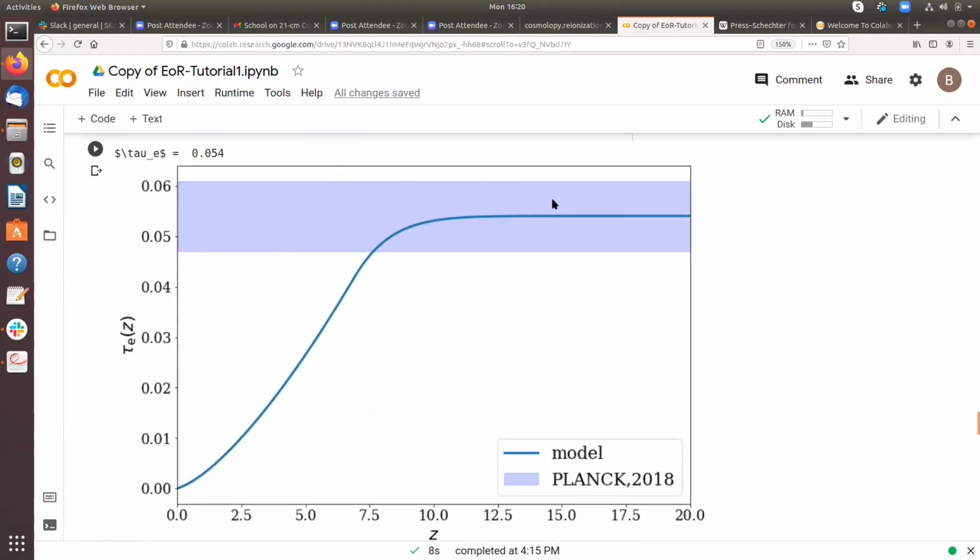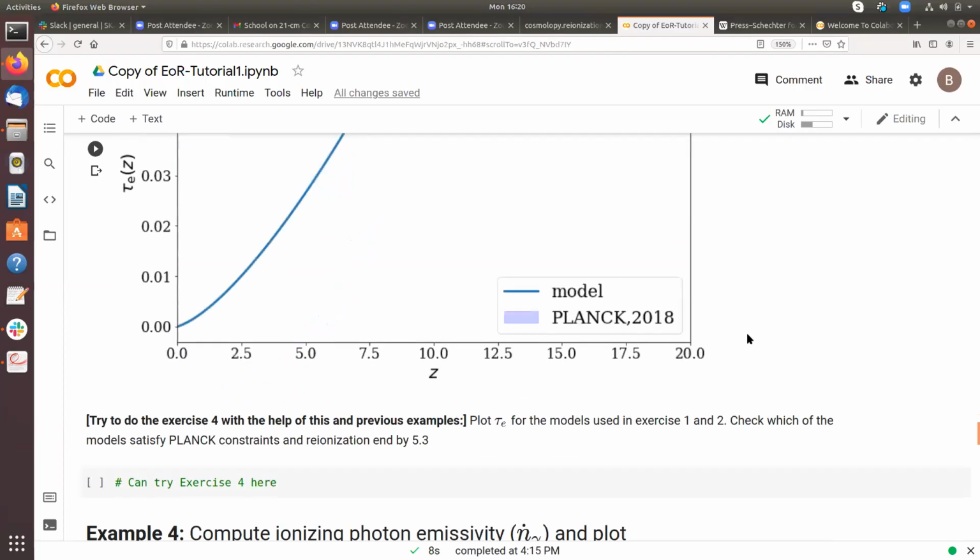It will also be interesting. From there, you will have some ideas about which parameter values we should take for our model, because some of the models should be discarded by these constraints. So check it and let me know if you are done.